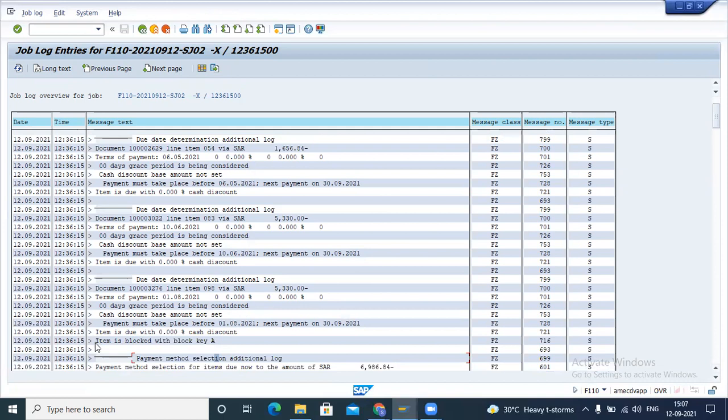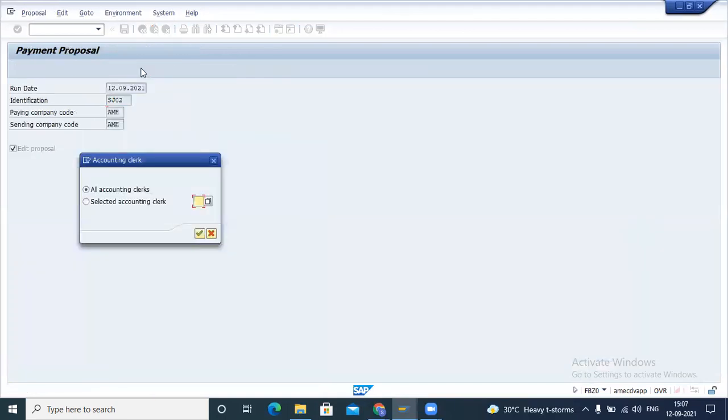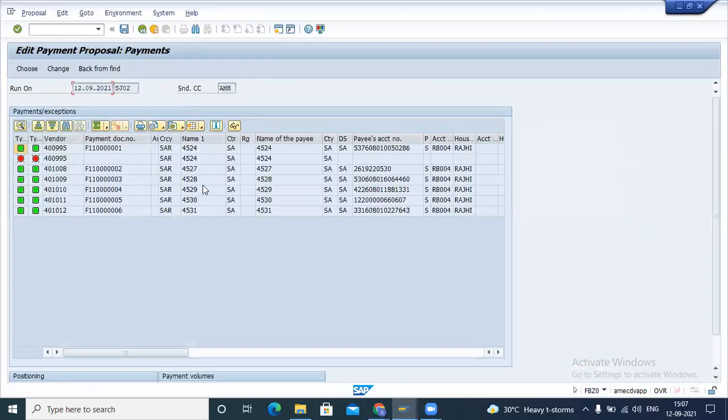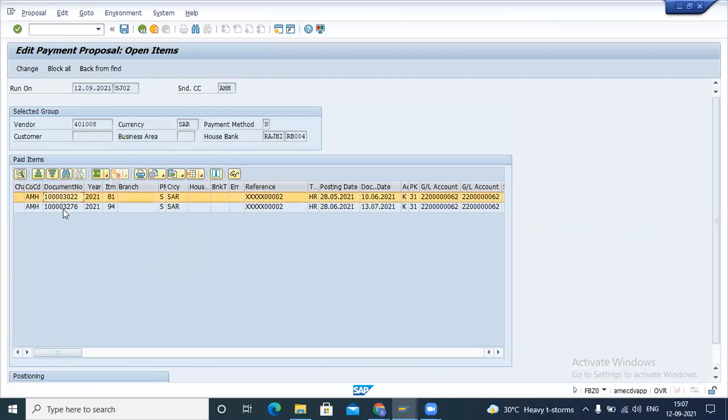So we can read this log and identify that this item is blocked with block key A. That's why it is showing in the error. Okay, but leave this topic. Focus on the proposal part. So going into the next vendor, we can see there are two invoices which will get paid. I do not want to do the payment for both invoices now.